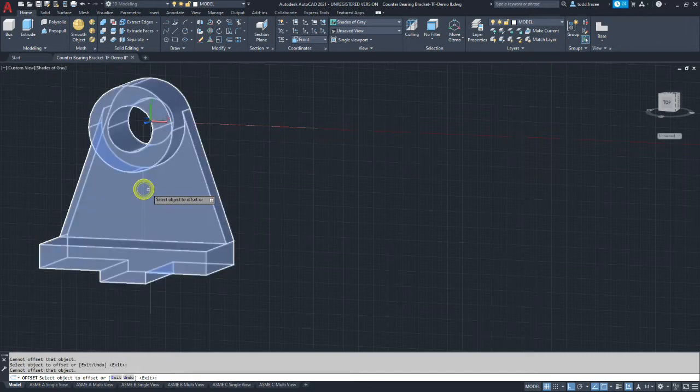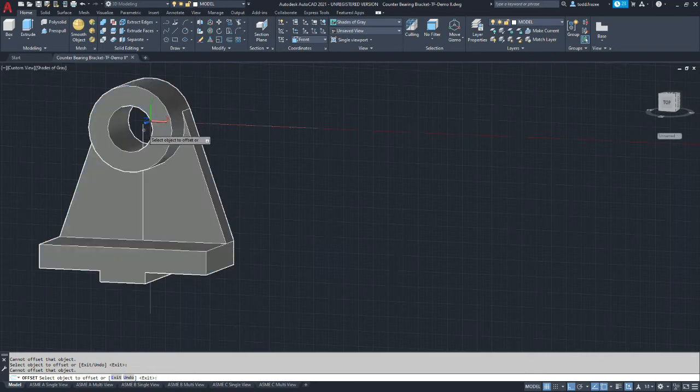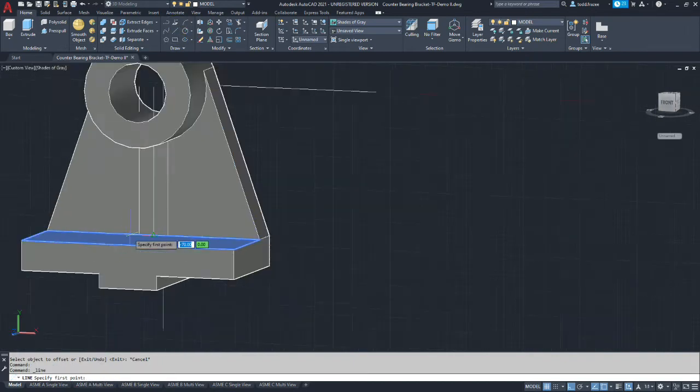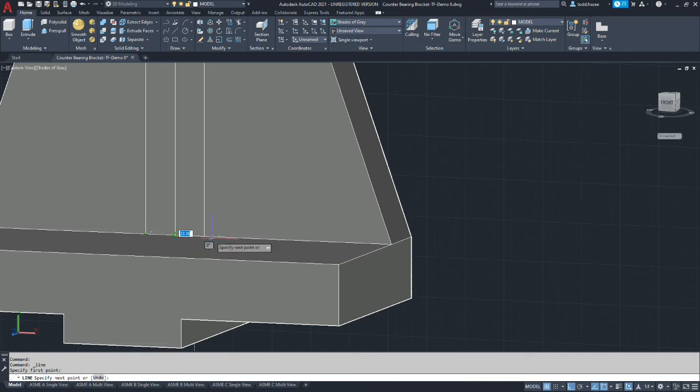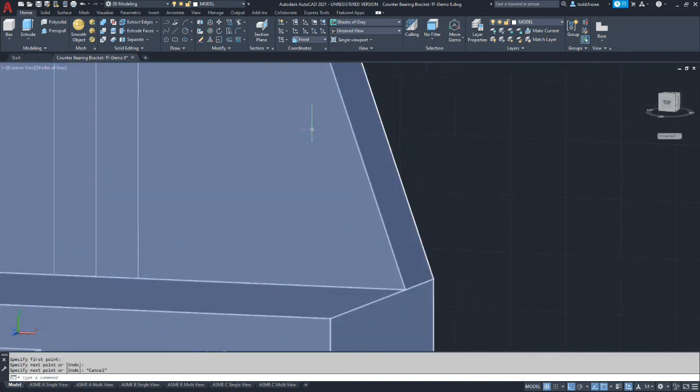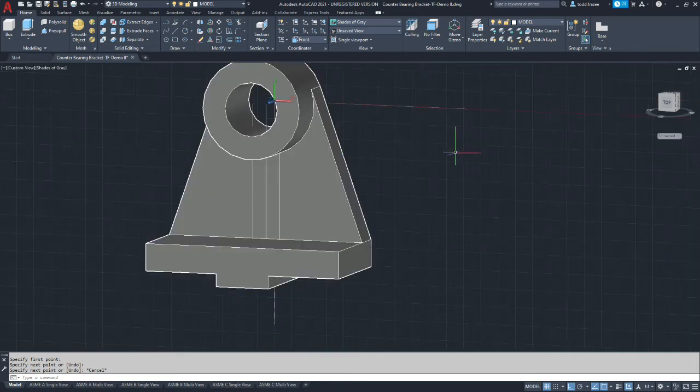And we're going to offset to either side of the line. We're going to draw another line that goes from endpoint to endpoint of the two lines we just offset, to create the bottom end of a box.